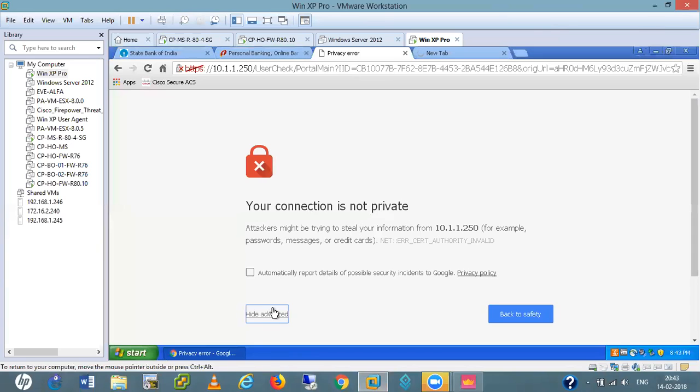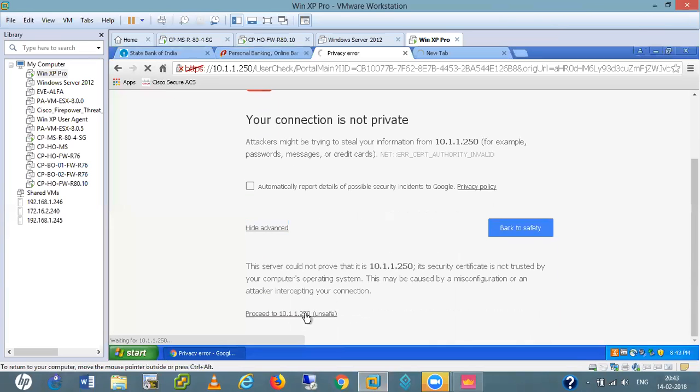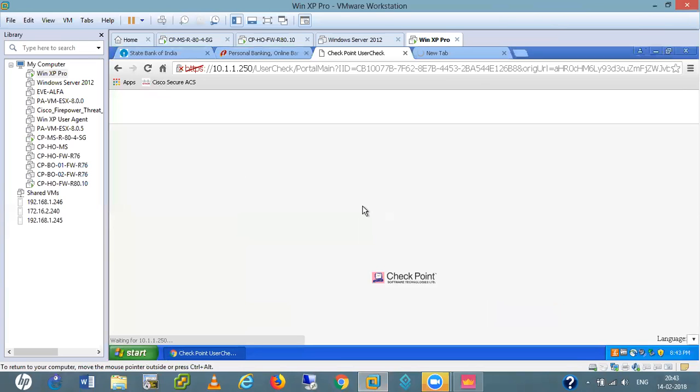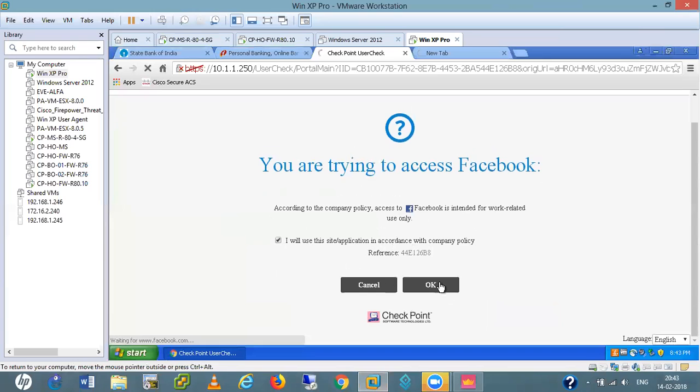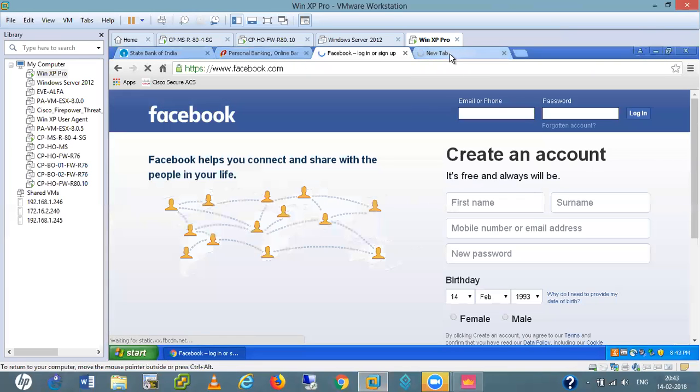So let me open this portal here. You are trying to access Facebook. According to the company policy, access to Facebook is intended for work-related use only. I will use this site according to this company policy. If I do this, then we get this type of message, and after that we get access to this website.